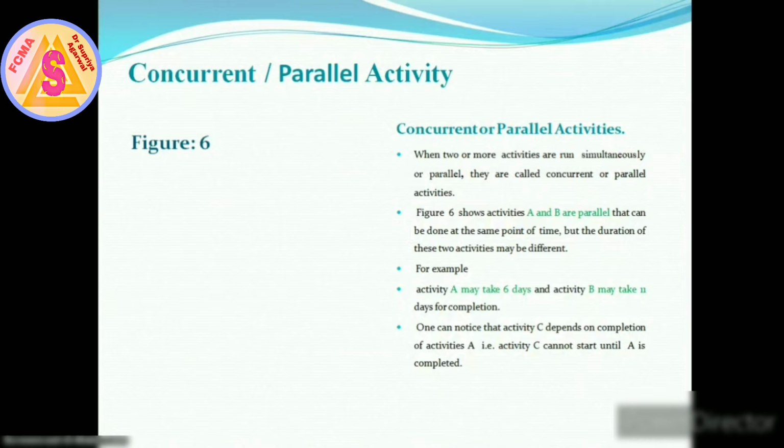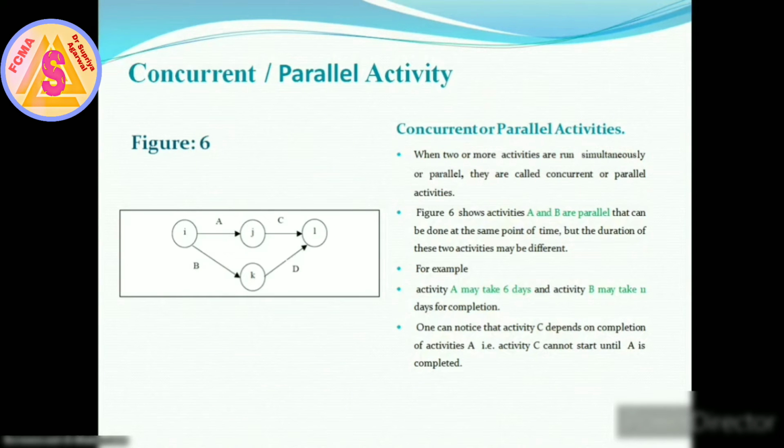The last activity type is the concurrent activity. When 2 or more activities run simultaneously, these activities are known as concurrent activities. But these activities are independent of each other, and the duration of these activities may be different. Let us take a network to understand concurrent activity.